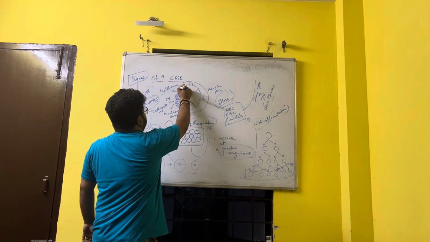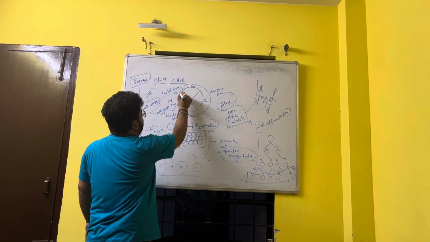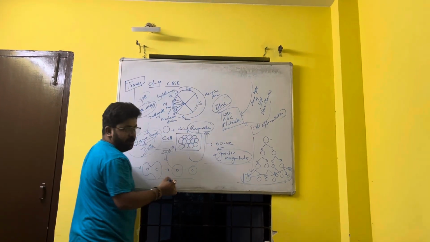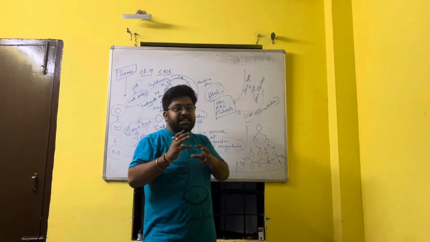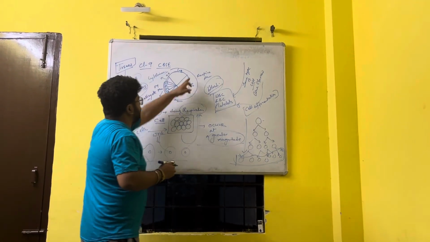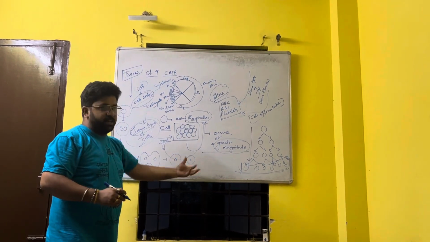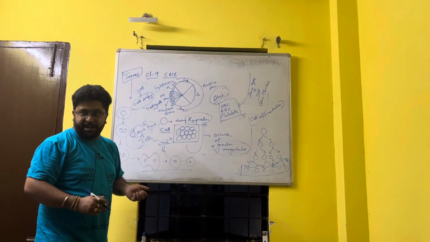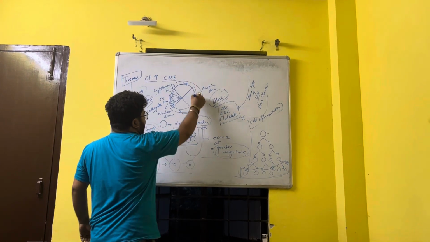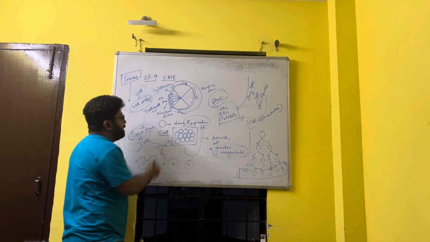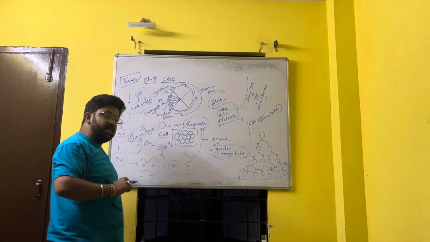After that, from one cell, 2 cells have come, and the cells go into the G1 phase, where they grow a little bit. Then the materials in the cell divide and double up. Why? Because ultimately the cell has to divide. So all the materials need to be doubled so that they can go into 2 cells, right or wrong? After the S phase, a little more growth is seen in the G2 phase, and then again it enters into division. Is this clear to you?